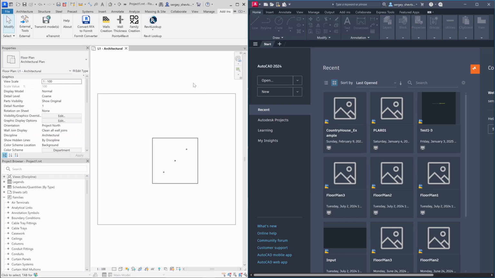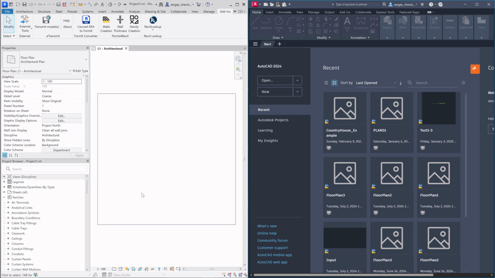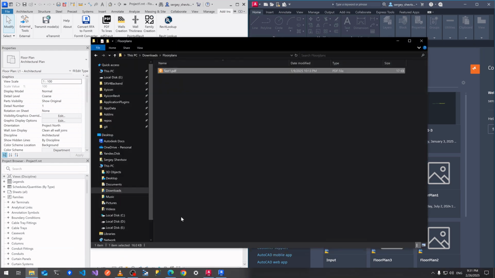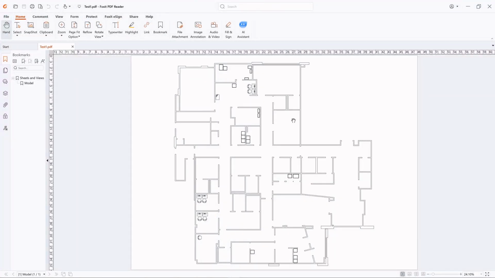While this approach could work with any CAD application, I find it easier to create plugins in AutoCAD. For example, let's take this PDF floor plan. Normally, you'd insert the file into Revit and manually trace over the reference to draw walls. But with this solution, all you need to do is select curves or pick points, just like we did with